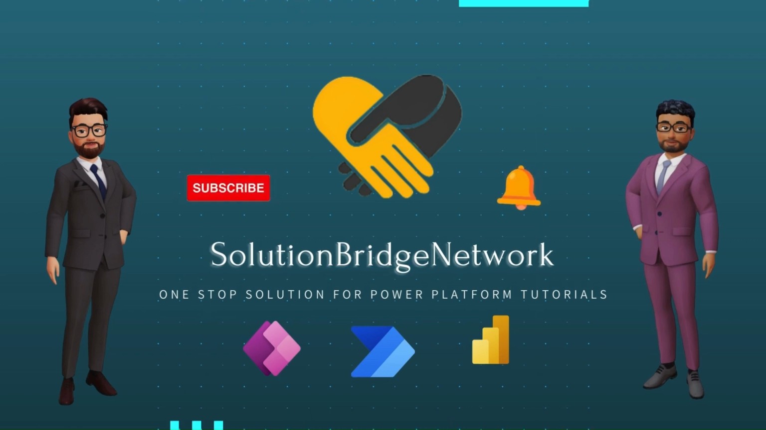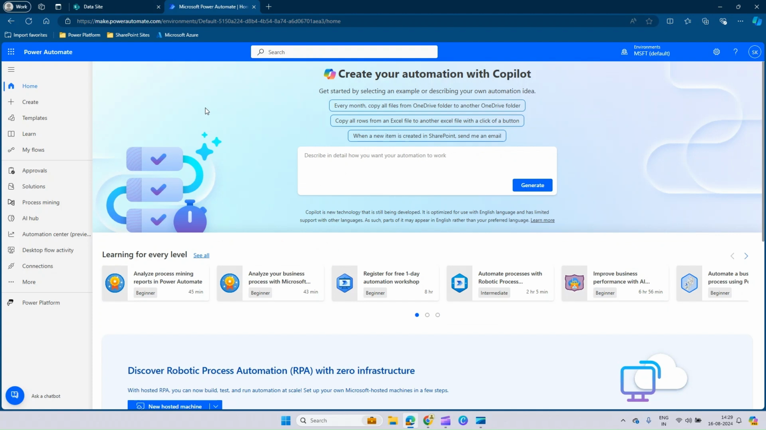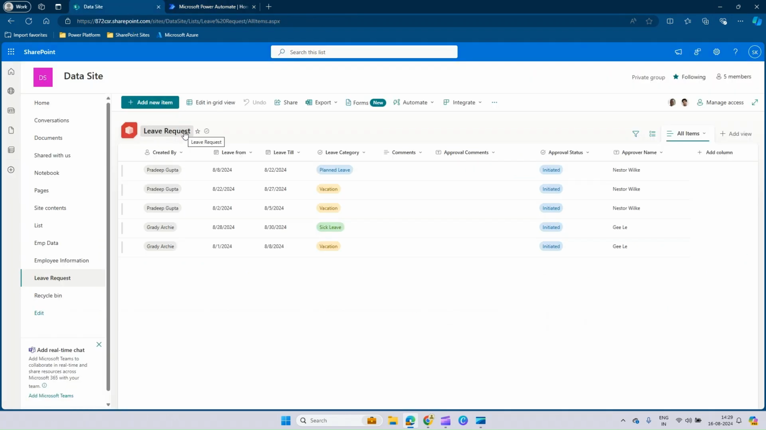Hello everyone, in today's video we are going to understand how we can leverage Power Automate to maintain the security in the SharePoint list items. For this video, I have taken a use case of a leave request list where anyone in the organization can raise a leave request, and I do have a Power Automate flow which gets triggered for the approval process of